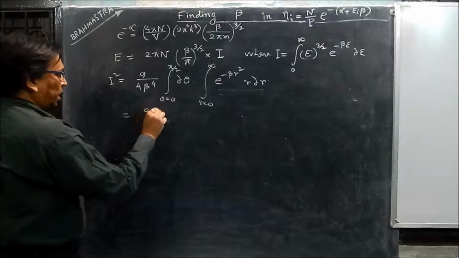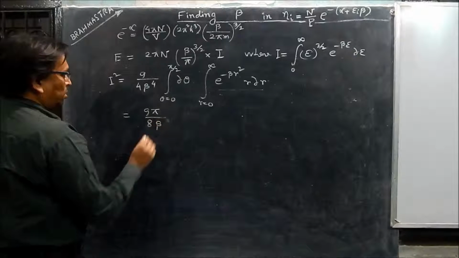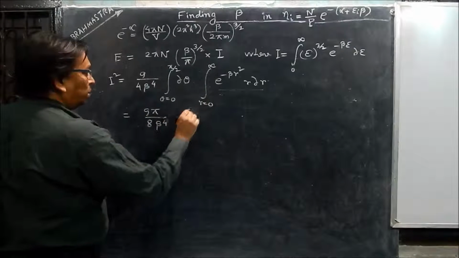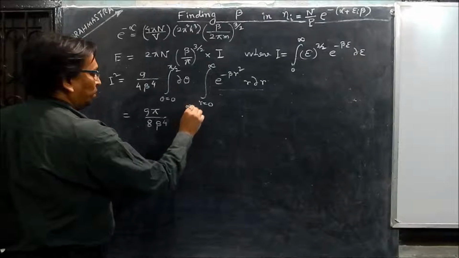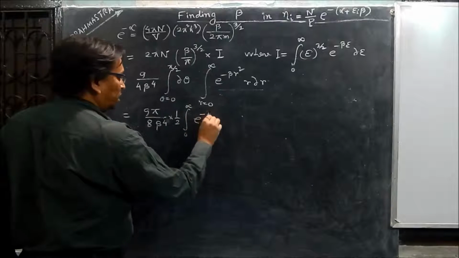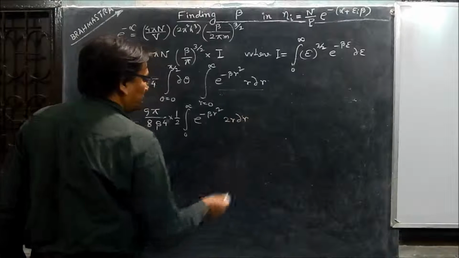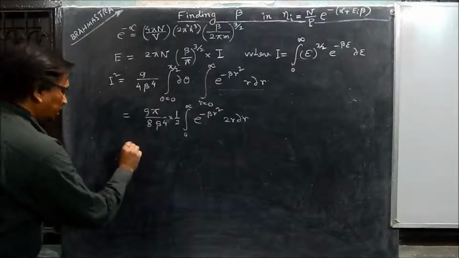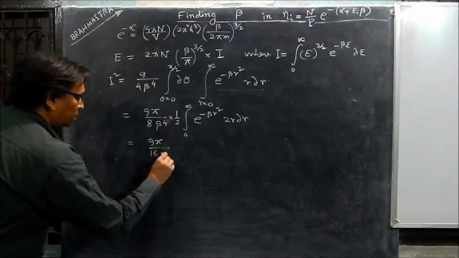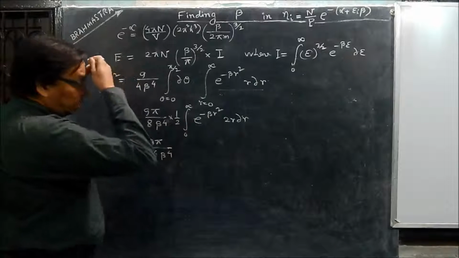So this will be 9 pi by 8 beta to the power 4, and this will be integration of 0 to infinity. Give a half here, so that you can take e to the power minus beta r square, and this is 2r del r. So now this can be integrated very easily. So this will be 9 pi by 16 beta to the power 4, and the integration of this part will be